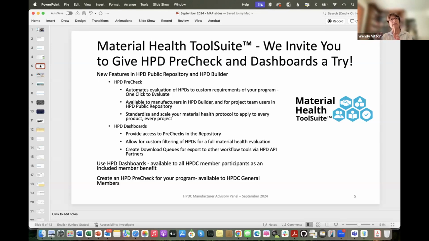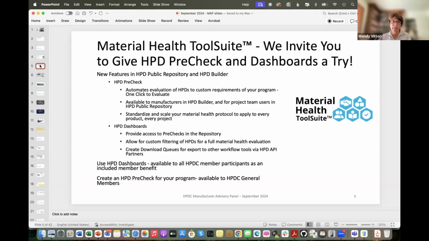And then the HPD public repository is available as a resource, obviously, to both manufacturers and project teams. It's aimed a lot at the needs of project teams to select and specify their products using material health information.